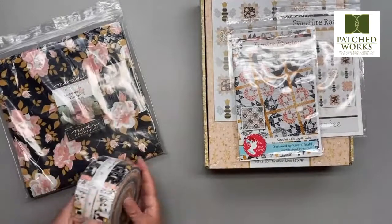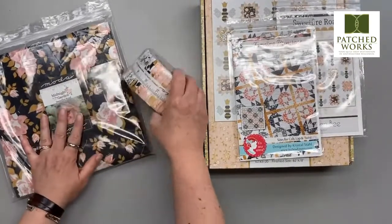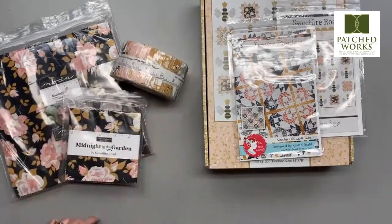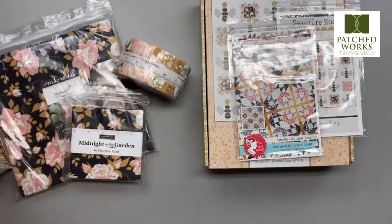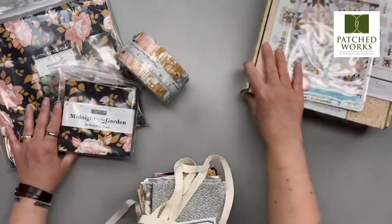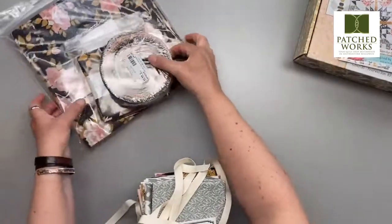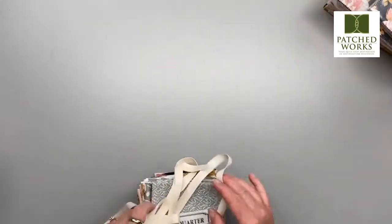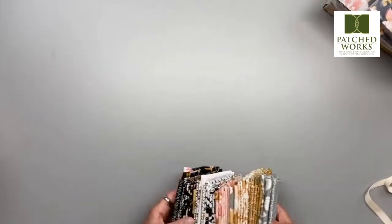And we have the pre-cuts as well of the layer cake, jelly roll, and charm pack. We put together half yard and fat quarter towers of the whole line. So while we're working on this right here, since this is a for-purchase pattern, I am not going to be stepping this particular pattern out. We're going to be looking at a little bit different project, but I want to show you here this really